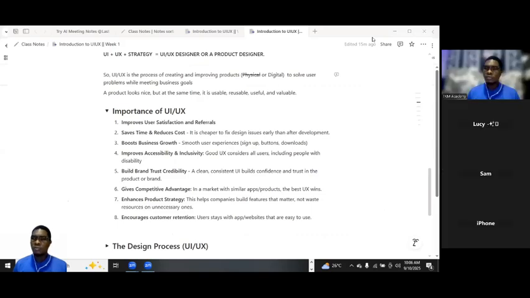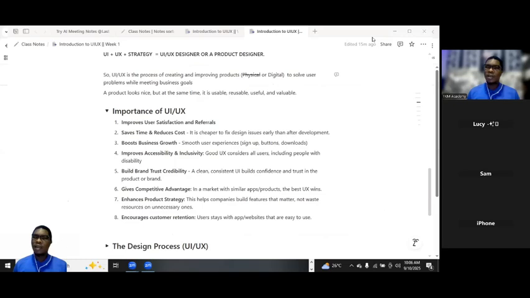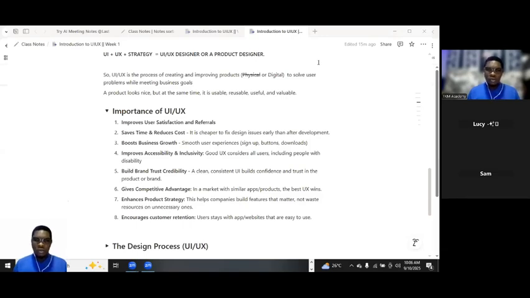You need to take people into consideration, like this guy that does not have a hand, how can he use this app? You need to think about them. You need to think about everybody that will be using the app. How can they benefit from it, how can they use this app? So these are the things that UI/UX does. It gives you the room to think about everybody, to put everybody into consideration, right? When you want to design an app.